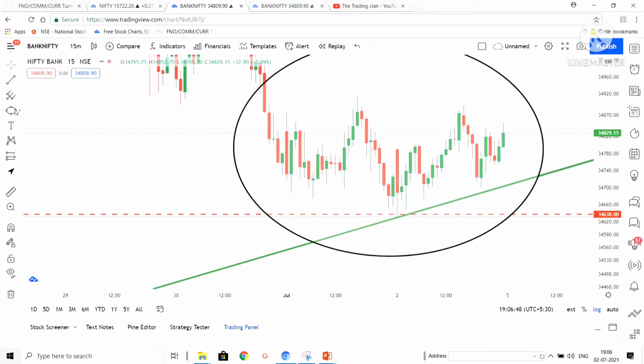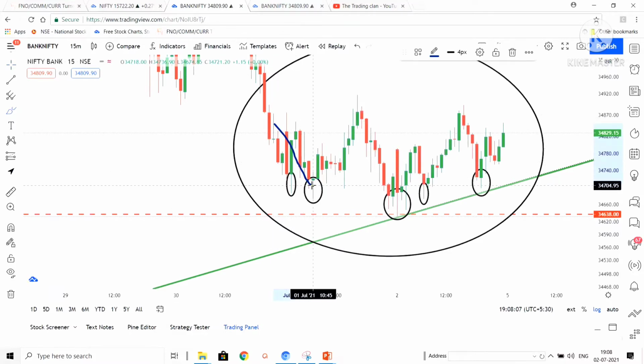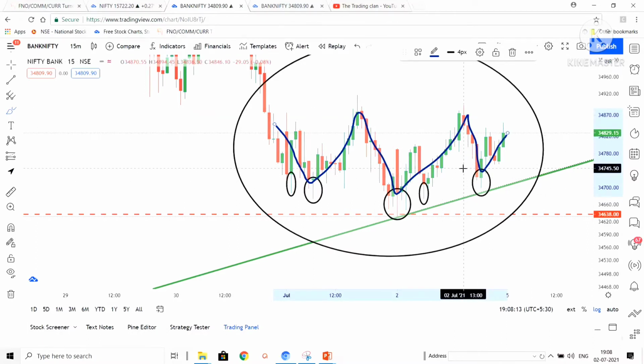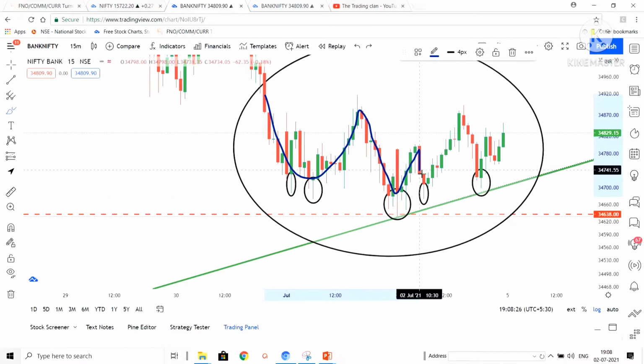One more point to be noticed in this area is I have marked a lot of wicks in the circled area. We have to pay attention to these circles, because in each and every area we can see whenever the circle is there, the market is getting a direction change, and we can see the downfall has not at all happened in this area. That is also one of the important points we have to notice. I am going to connect these points by lines. So here we can see in each and every circled area, we can see the direction change.